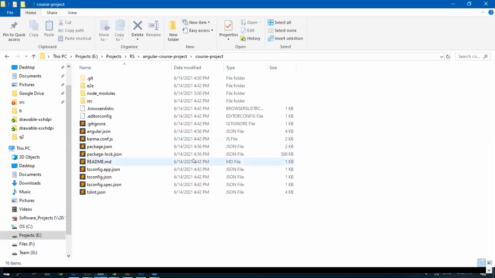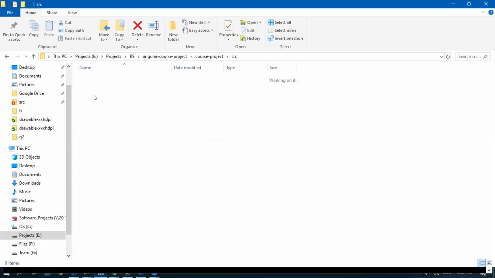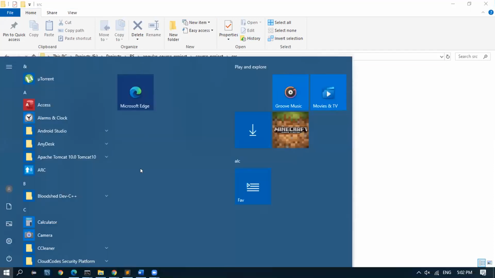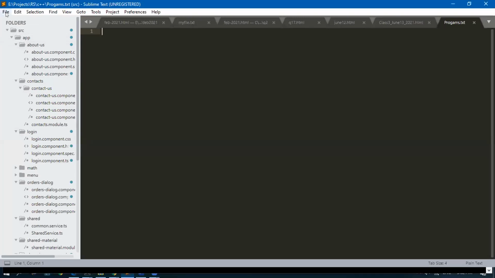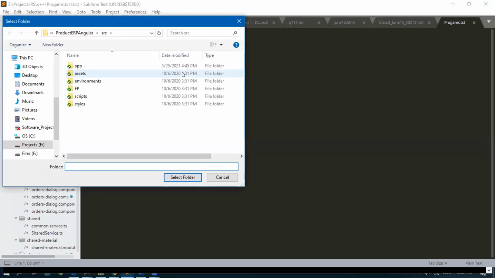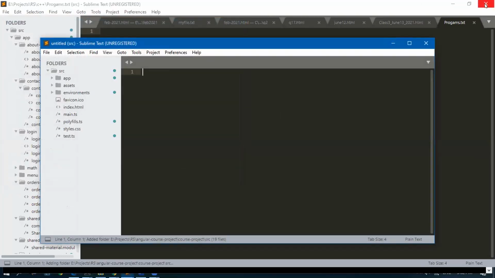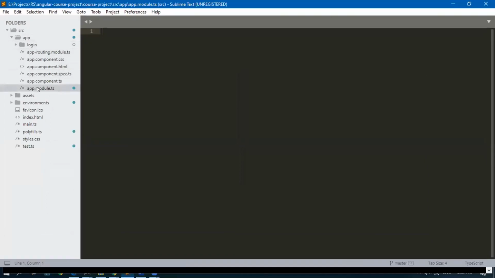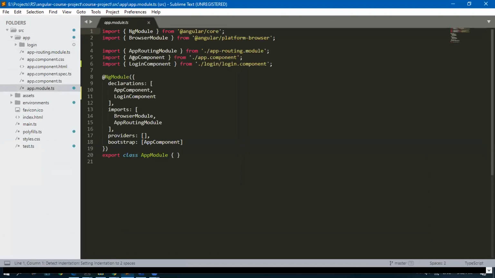I'll copy this and go to Sublime: file, open folder, select it. The login component is added to the app module.